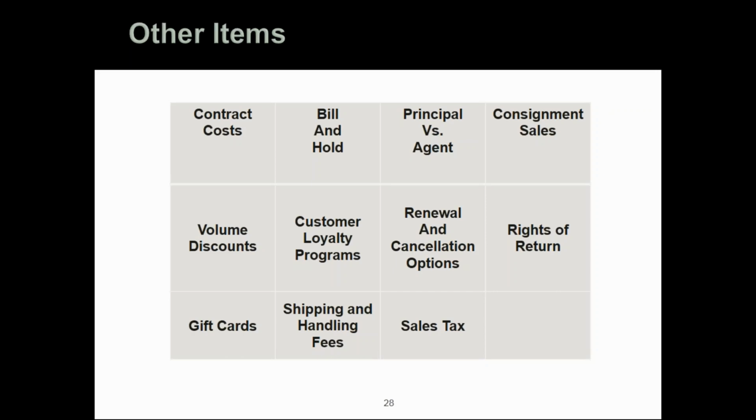Most of these other items on the list really get at understanding what material rights may be included within the contract, and to the extent that there are ancillary rights that are conveyed to the customer, points, loyalty programs, gift cards, all of those types of things, to the extent that they represent standalone value to a customer, they would meet the definition of a performance obligation under the new standard, and you would therefore allocate a portion of the total consideration to those performance obligations and defer recognition until you've satisfied those performance obligations.